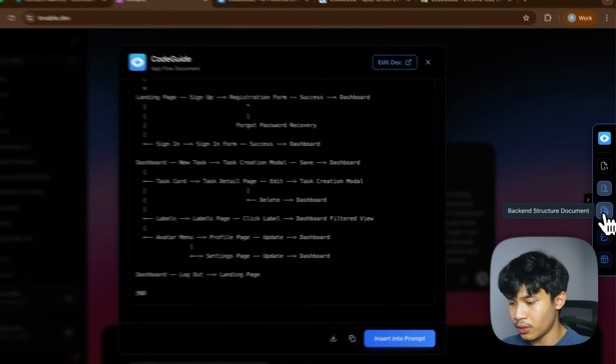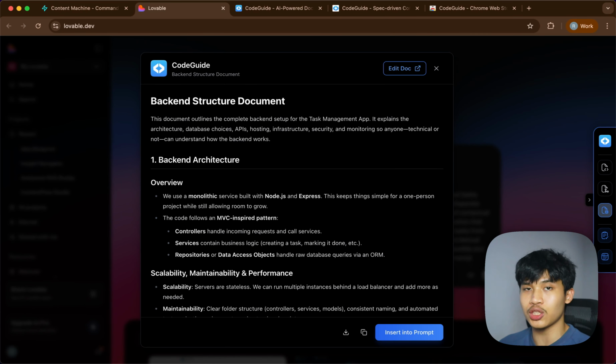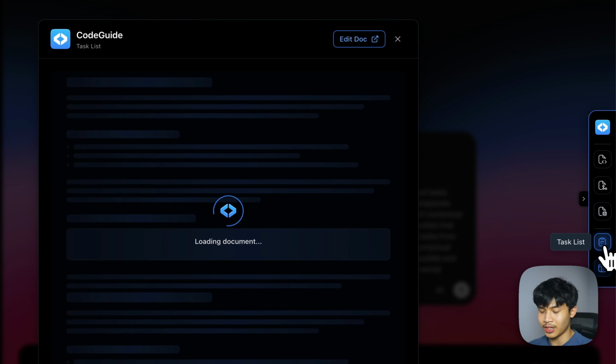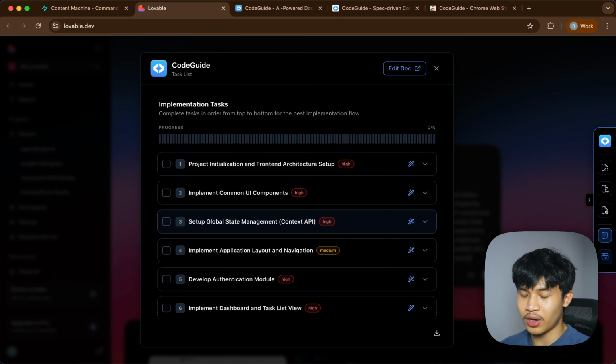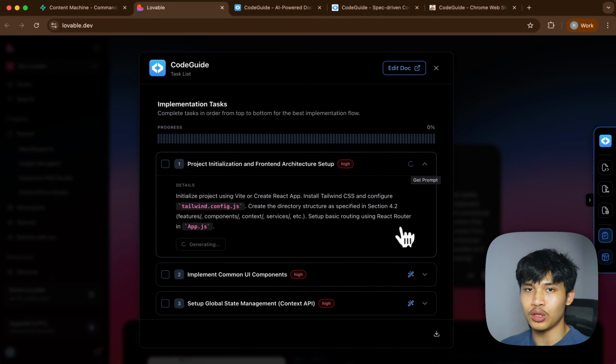And then there's also a backend structure document. So for example, if you are planning to build the backend elsewhere, not in Lovable, you can just implement this doc and not have to rely on Lovable's documentation system. And lastly, there's a task list here. This will help you go through creating different prompts for each step, which is really nice. You can just press this, and that will generate a full-on prompt you can copy to your